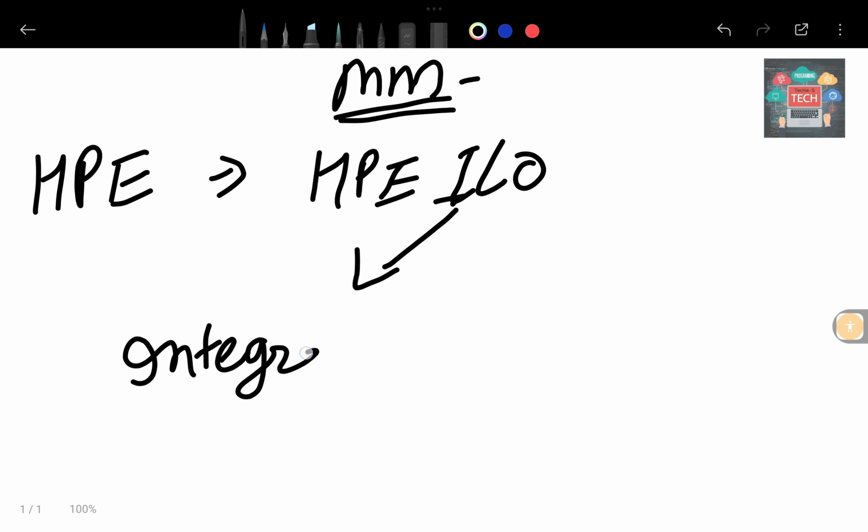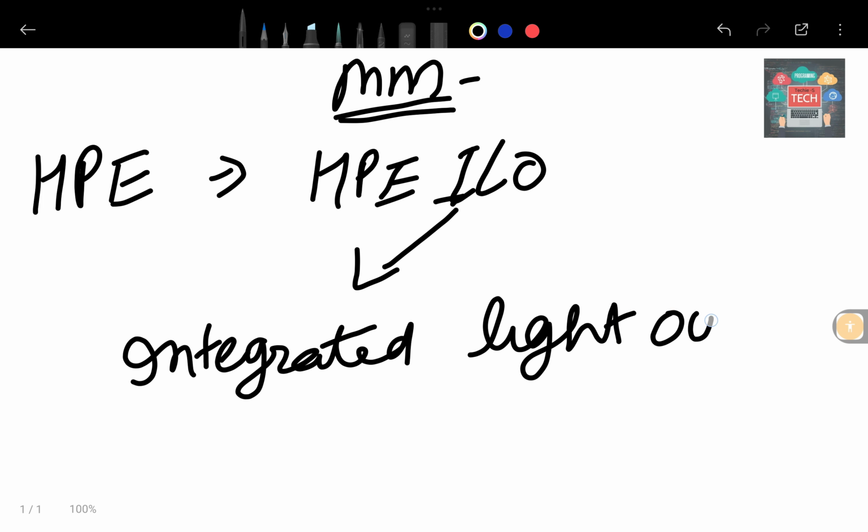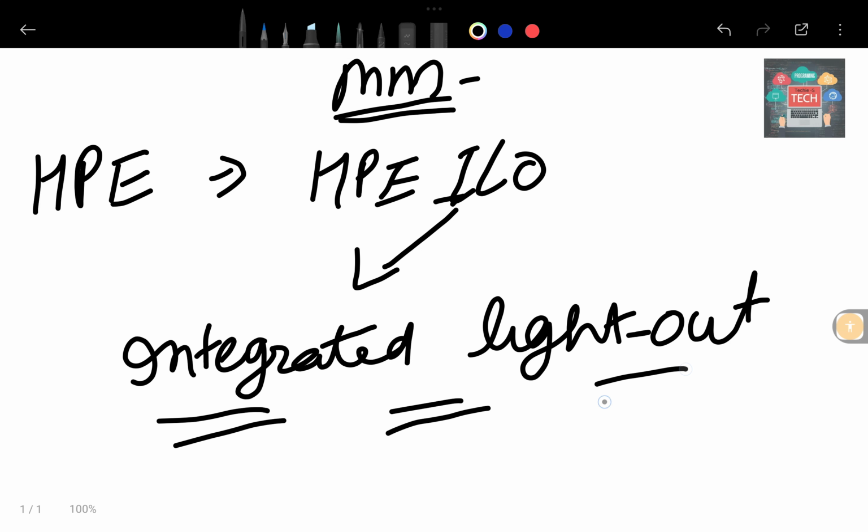Integrated Lights-Out. Like this, HP writes it. So this is Integrated Lights-Out. There you can see the HPE management module. Okay, so whenever we place the HP servers in our data center, generally first of all